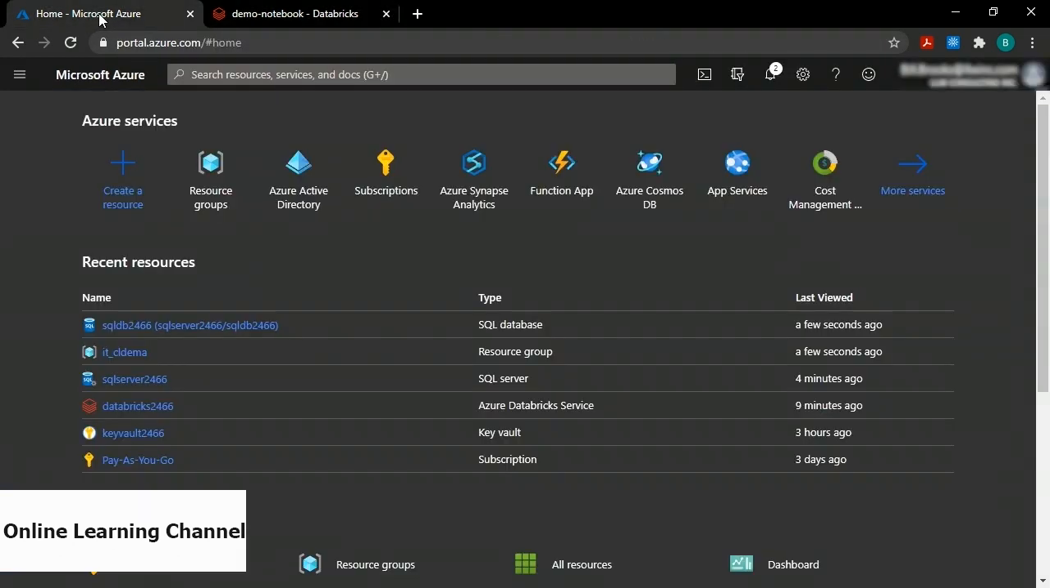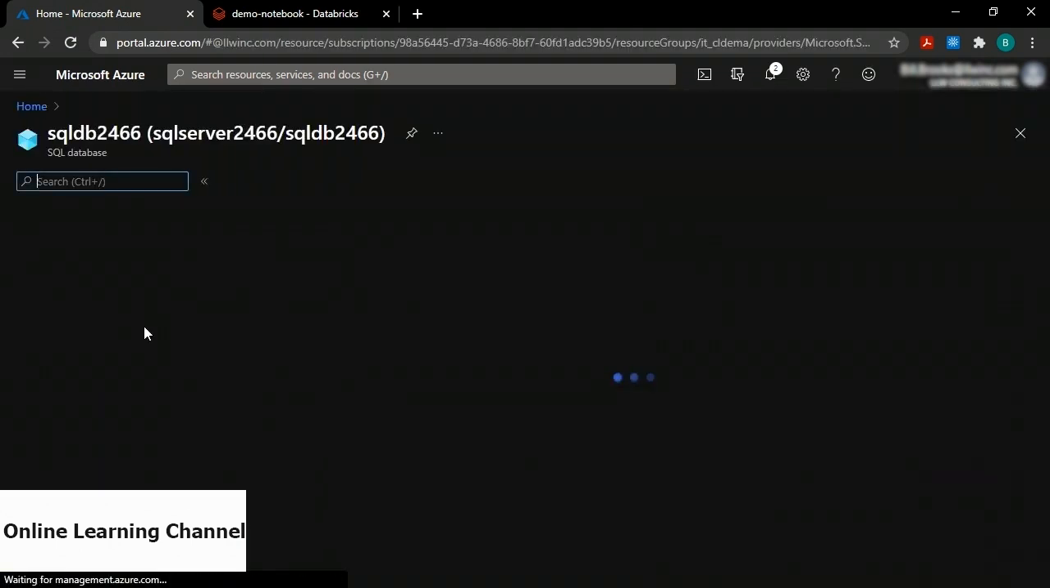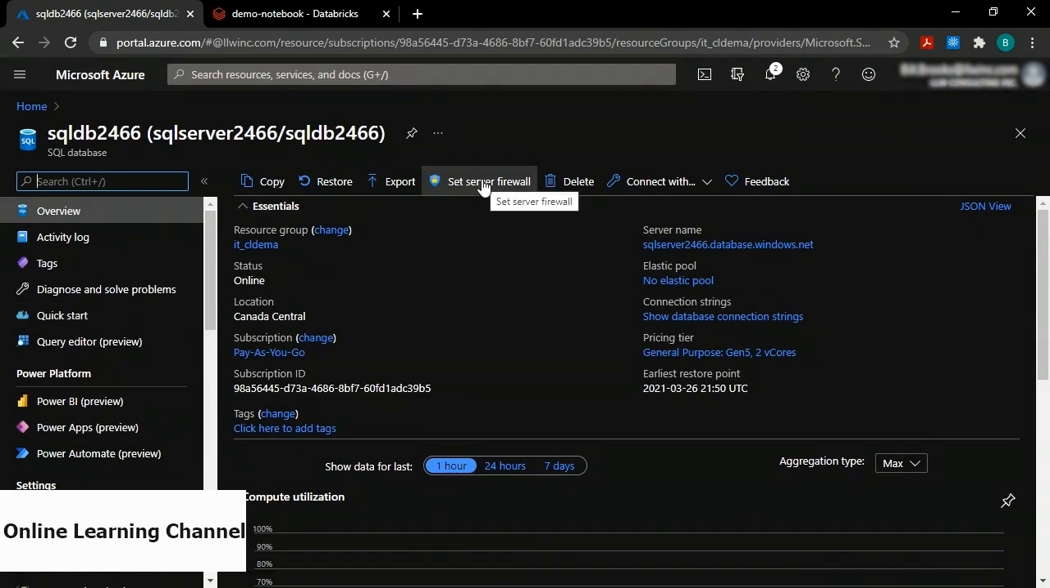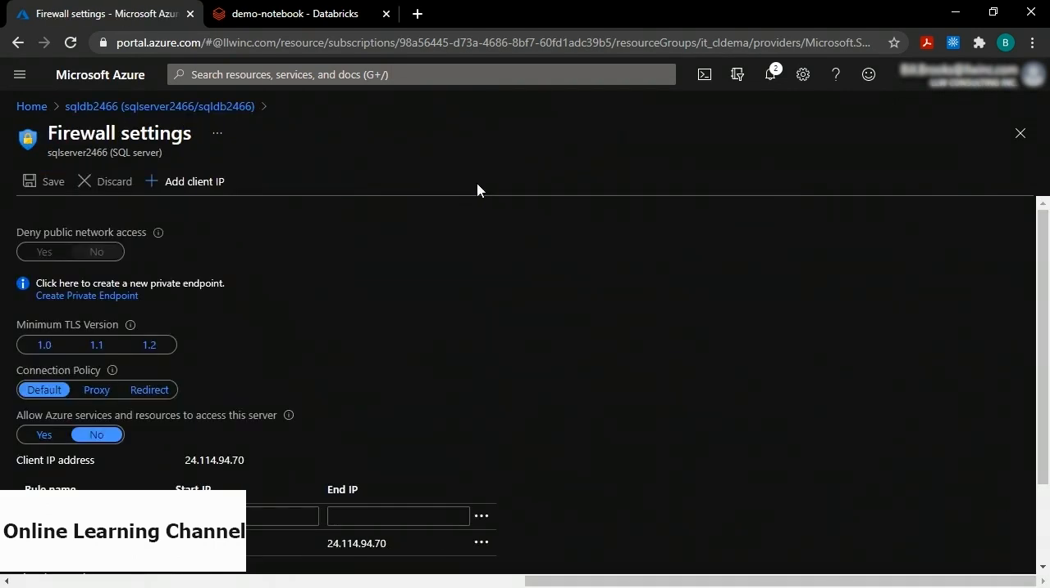I'm going to go back to Azure, and I'm going to go to my SQL database, SQL DB-20466, under Recent Resources. And at the top of the screen, fourth button from the left, I'm going to click Set Server Firewall. Now, if I go down in the firewall settings, down to the rules, which is the table that starts with rule name, start IP, end IP,